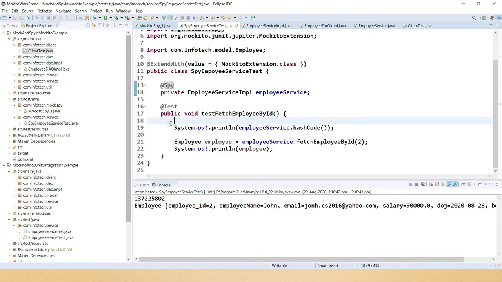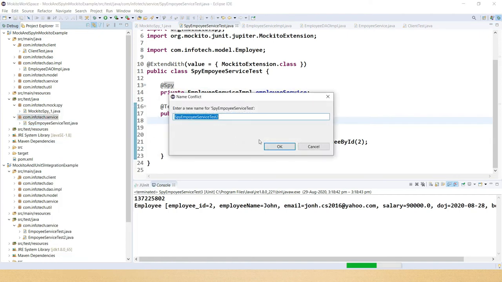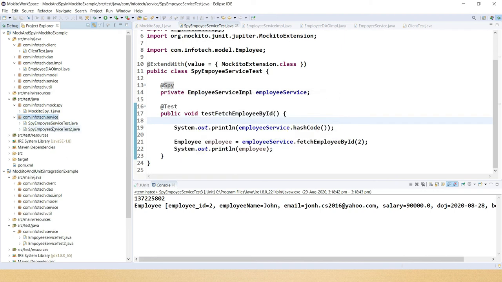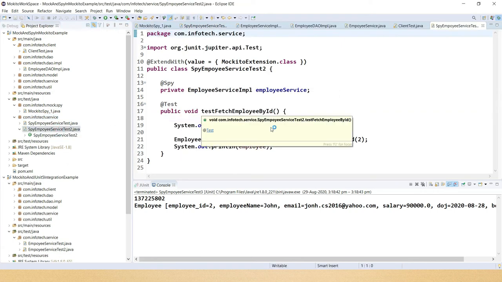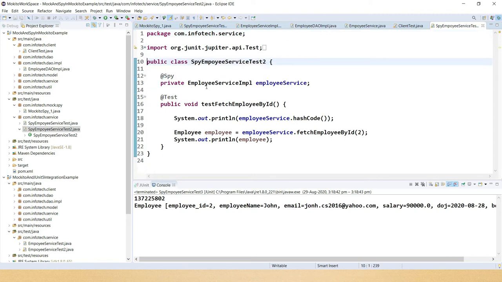So I could copy and paste. I can create a new method itself, and in this method, if you don't want the annotation, then you don't need this annotation at class level.